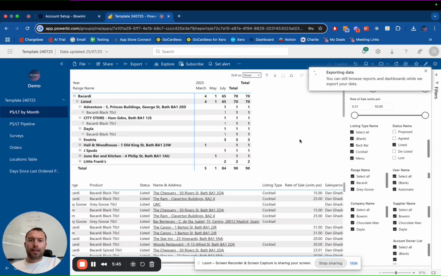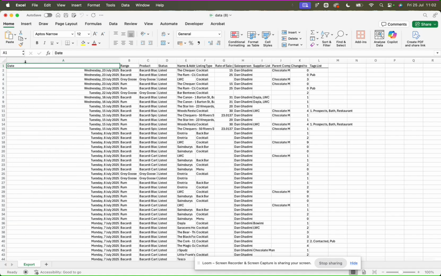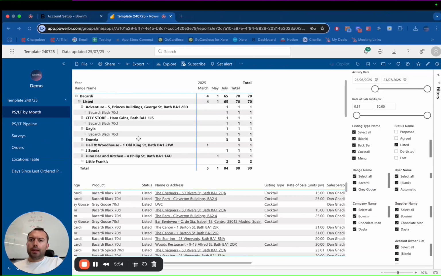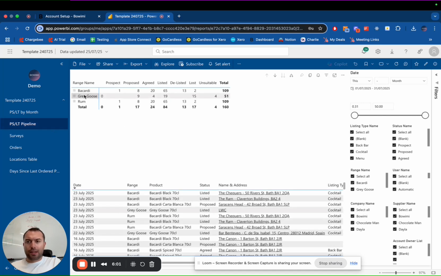Export with current layout, and this will open the spreadsheet, which you can share with customers or share internally, do whatever you want with it. So that's the product statuses and listing types by month. We then have a pipeline one, so you can then see